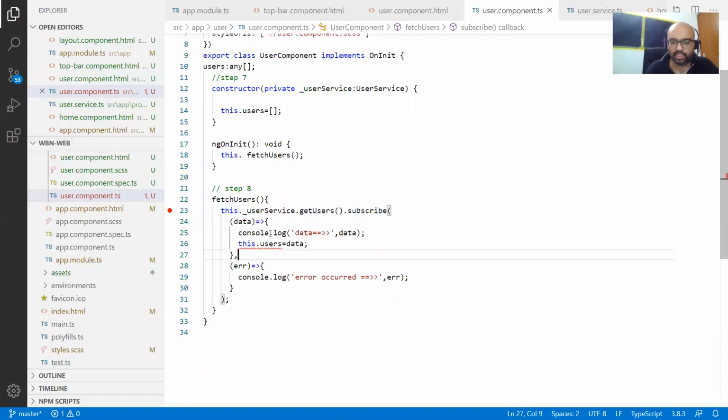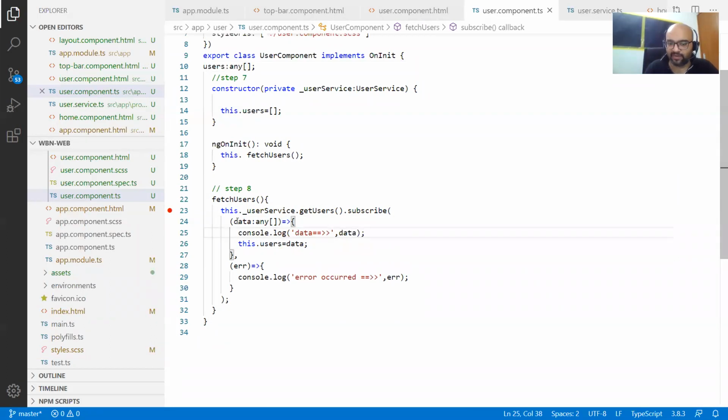Okay, because this data is not of that type. Let me do something. Can I say data of any type? Will this work? Yes. I will get the data array of any type. Should work, because what we are getting is the array, right?